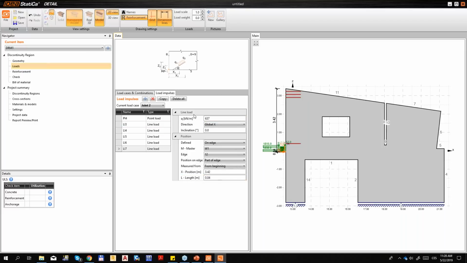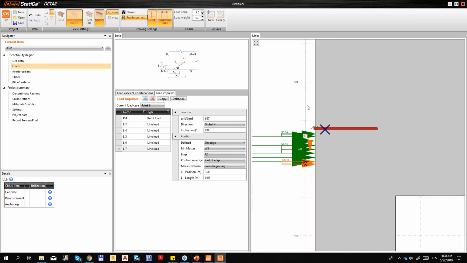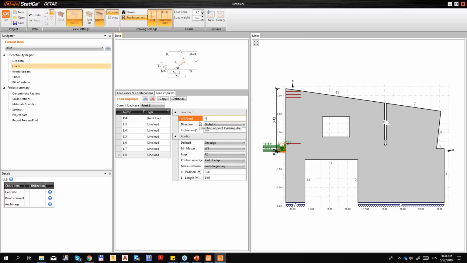40 millimeters. And from the analysis, we received a really high shear force for each anchor. For each anchor, the shear force was 60 kilonewton. So after recalculating and using this type of load, we redistributed the shear force on the line load with the intensity minus 937 in the global Z direction,